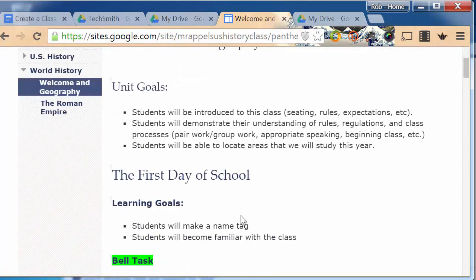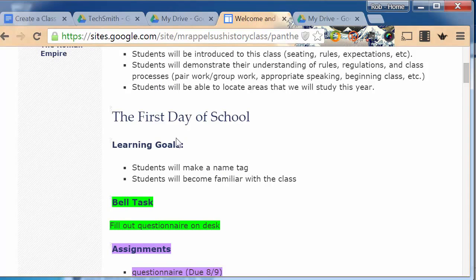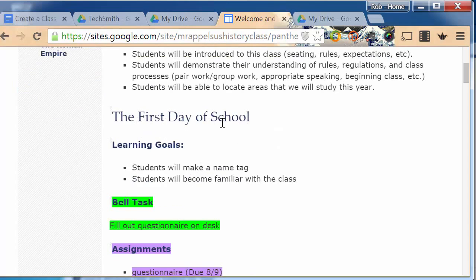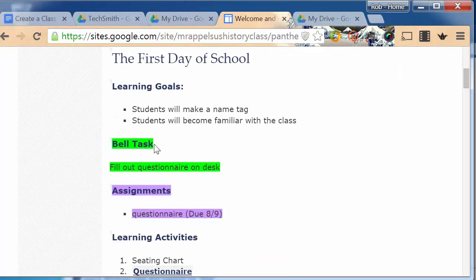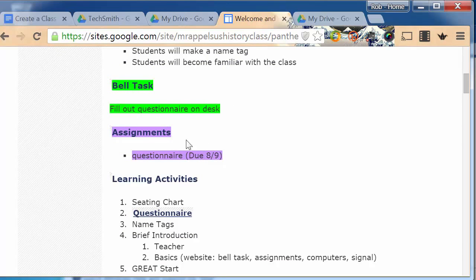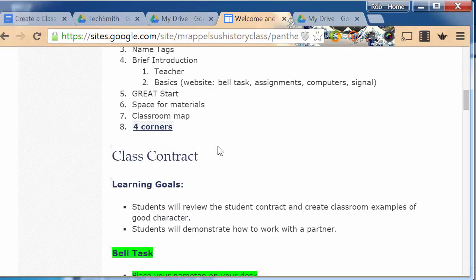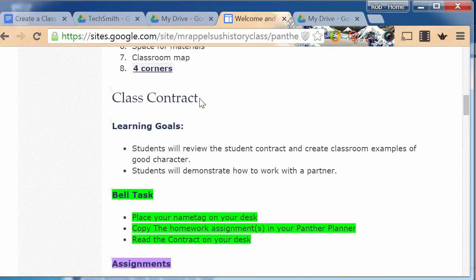You can see there's some unit goals. And since this is the very first unit, and it encompasses the first day of school, you can see there is a theme for a lesson. There are learning goals, and there's a bell task, and there's assignments, and then learning activities. And then this organization, this way of organizing the lesson activities, repeats itself as you scroll down. So you can see the next day